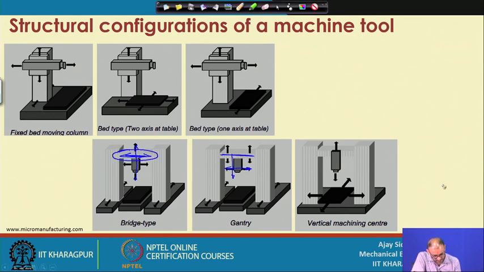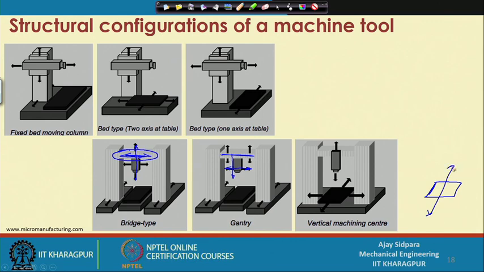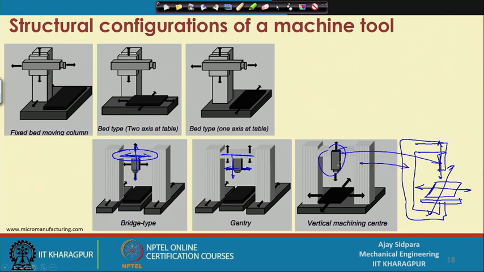Your table is located here and it is moving in this direction and this direction. Your tool is located here, and the tool is moving in an up and down motion, and this whole thing is structured in this way, correct. So, this is the construction of this particular base type, and this tool is located here and your table